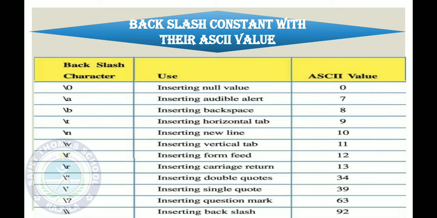So these all are the backslash characters. You have to remember this, because when we work with programs, if you want to go to a new line, then you also have to remember this character. With the backslash only, you can move into the new line. So these are the backslash constants with their ASCII values. ASCII value means what? ASCII value means each and every key of the keyboard has an ASCII value assigned to it. Okay, means you can use either the code or the characters with the help of their name or with the help of their ASCII values.